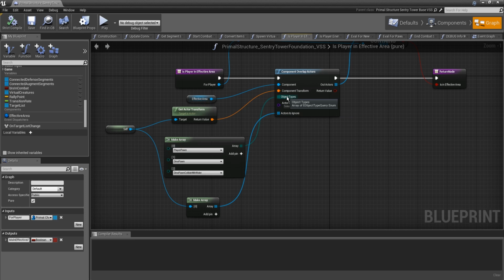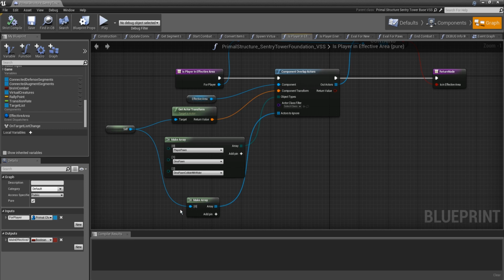For the object types, now these are basically just the same channels that we do for collision on the overlap component. That's basically how this works. And then actors to ignore, we just stuck the foundation itself into it as well.